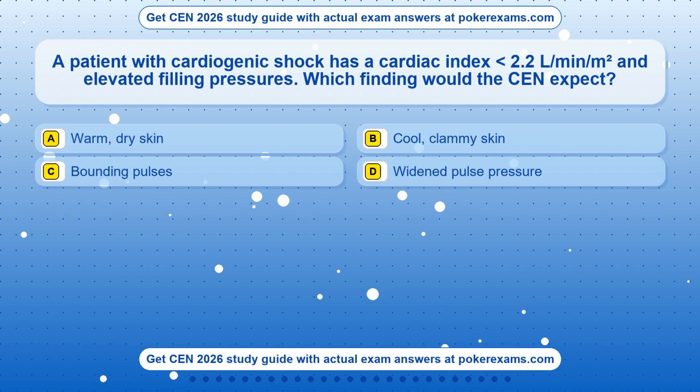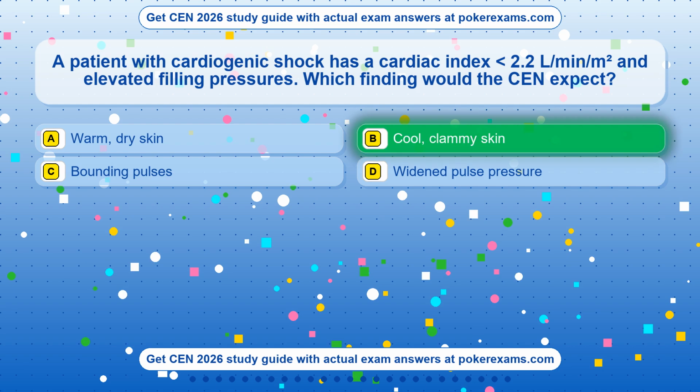Question 11. A patient with cardiogenic shock has a cardiac index of 2.2 L/min/m² and elevated filling pressures. Which finding would the CEN expect? Option A, warm, dry skin. Option B, cool, clammy skin. Option C, bounding pulses. Option D, widened pulse pressure. The correct answer is option B, cool,